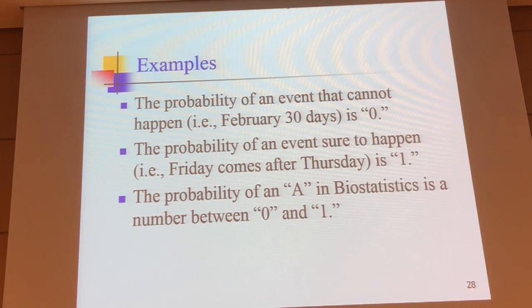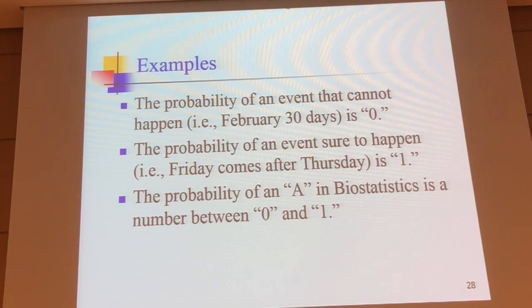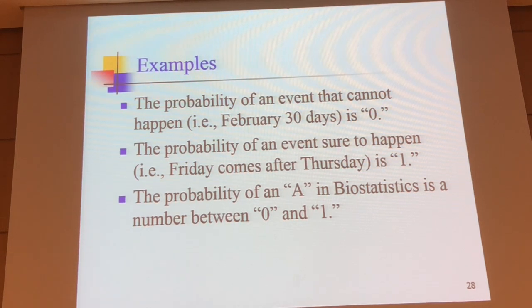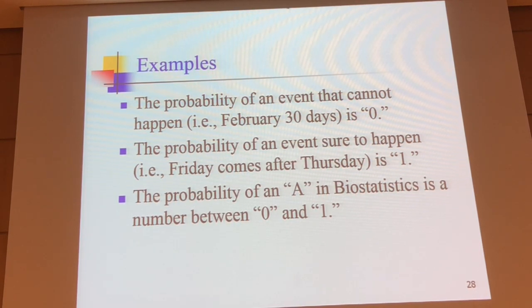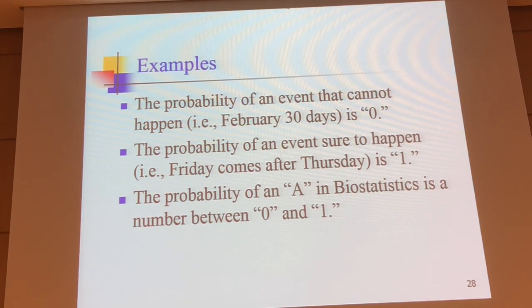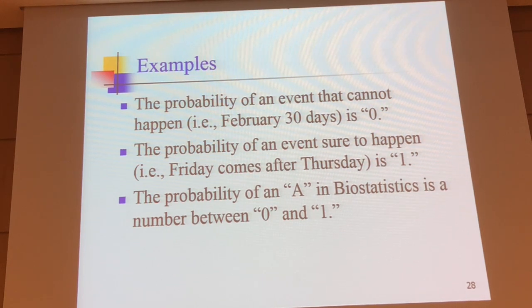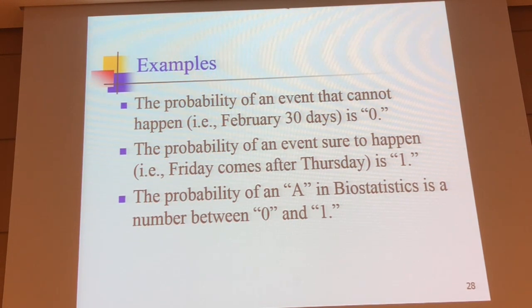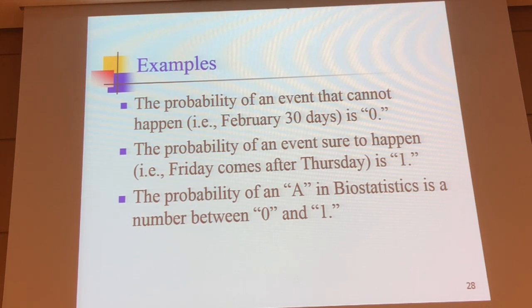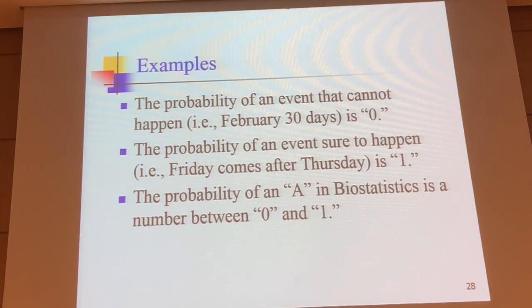Friday comes after Thursday, you don't know. Maybe someday in the future, they make Thursday after Friday. Maybe they change the Gregorian calendar and say we want Friday to come before Thursday. So my point is this is not true. I don't want you thinking like this when you think of statistics. There's nothing called 100% or 0%. For the sake of the exam, don't listen to me, just put 100% and 0%. But for the sake of understanding the final material, you have to put your mindset not to follow something like this.